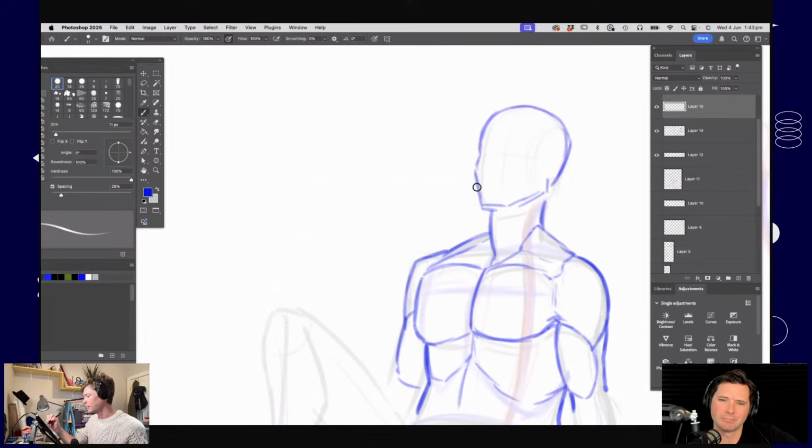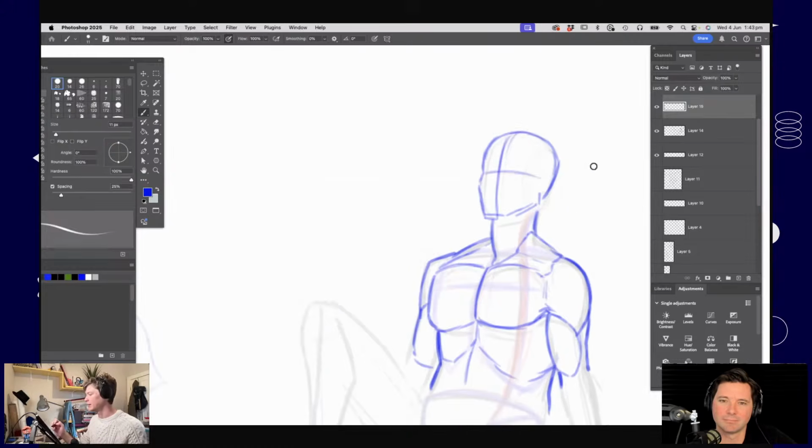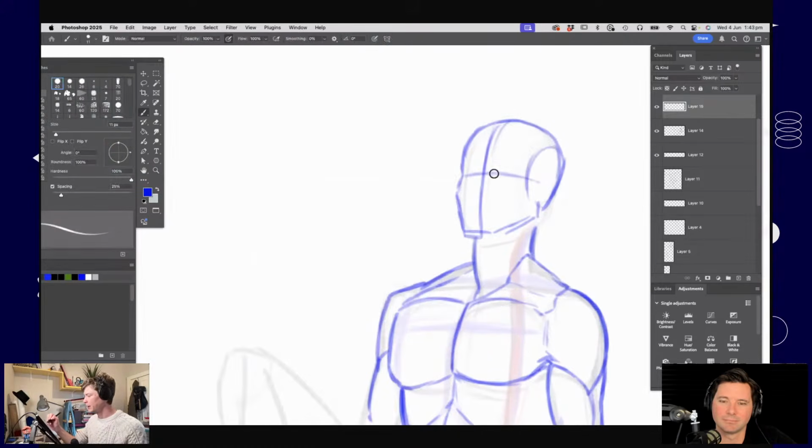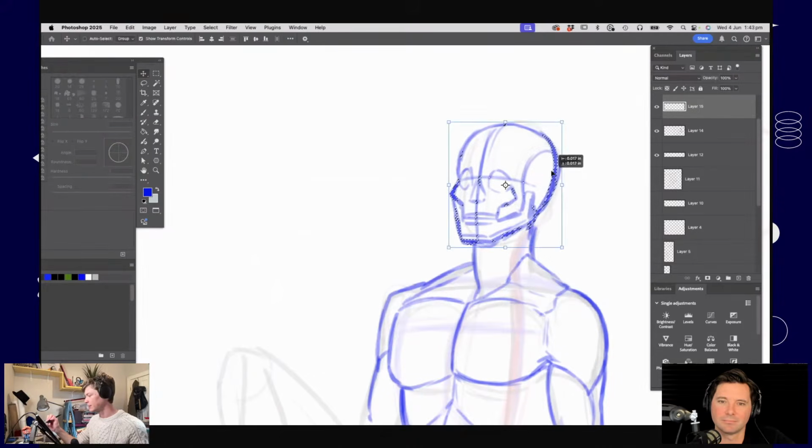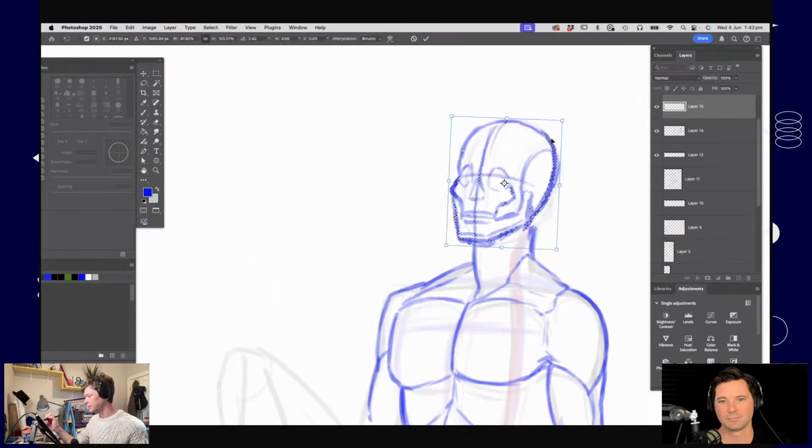Another important thing that we've completely missed so far is thinking about the head as a skull, and how the skull dictates the shape of the face and the different bones that are present there. So I'm just going to block in a really basic version of that. But if you have the time, working on drawing a basic skull is a really, really helpful approach to figuring out where all the bits of the face need to go. I'll make some little tweaks.